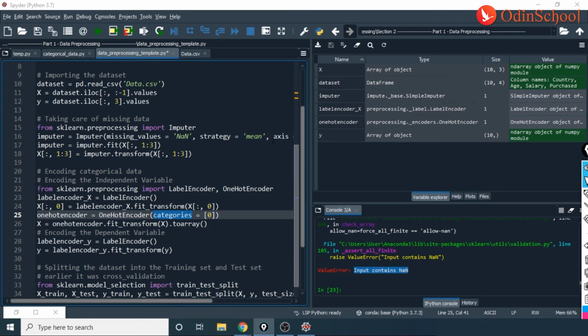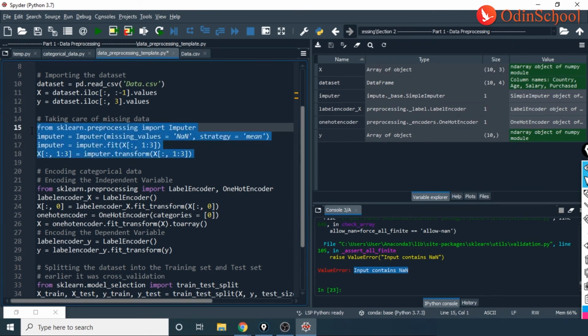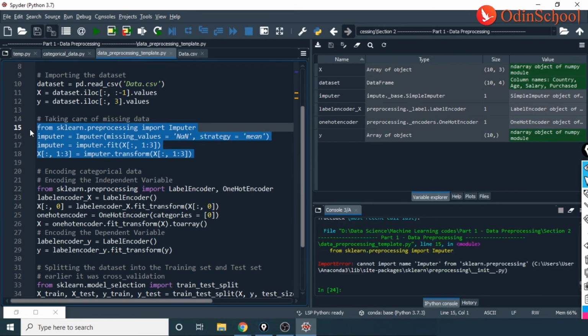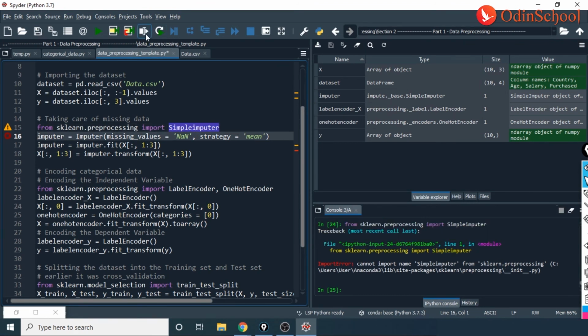So here we can just delete the axis equal to 0. All right, and now when I again execute the same step, let us see what errors we have. It says imputer cannot be imported. So now I'll change this to SimpleImputer. Let us first execute only this line.